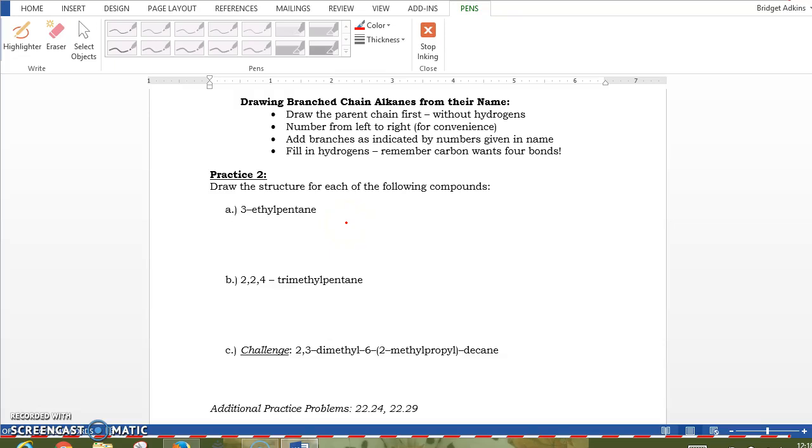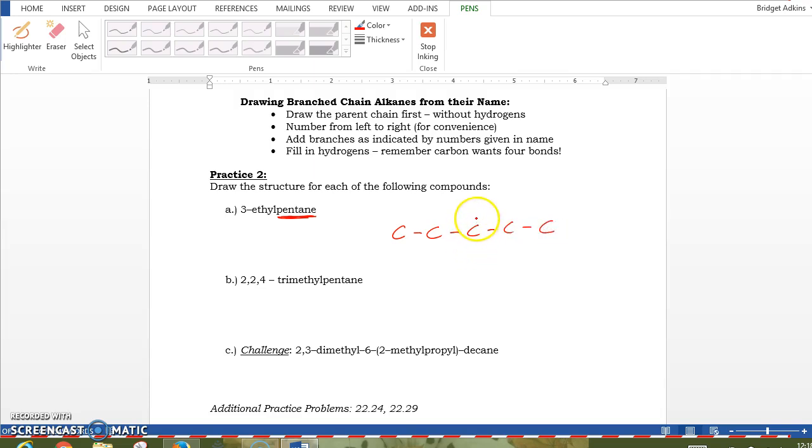So today we're going to pick up with branch-chained alkanes. You did some practice last night when you were given a compound and tried to name it, and now this is kind of working in reverse. They've given you the name and they want you to draw it. These are actually easier because there's no question about where the main chain is, because they've given you the last name, so we know that this is a 1, 2, 3, 4, 5 carbon alkane, and then